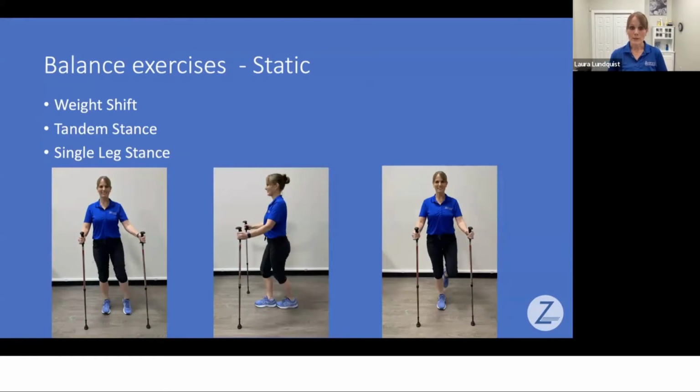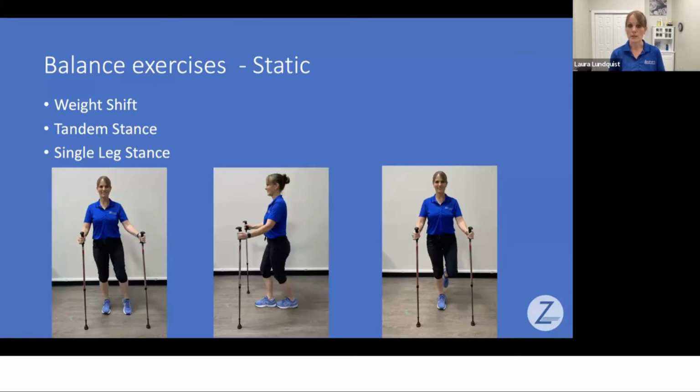From the balance end of things, again, what I love about them is I feel like I've said it several times, but I'm going to keep saying it. This moderate point of stability is so key because it's more realistic to how we move around in the world. And so being able to just practice a bit of weight shift for someone who's perhaps at quite high risk of a fall is a really good way to just have a little bit of stability and safety, but still being able to get that weight shift over. And then maybe moving into some higher levels of difficulty.